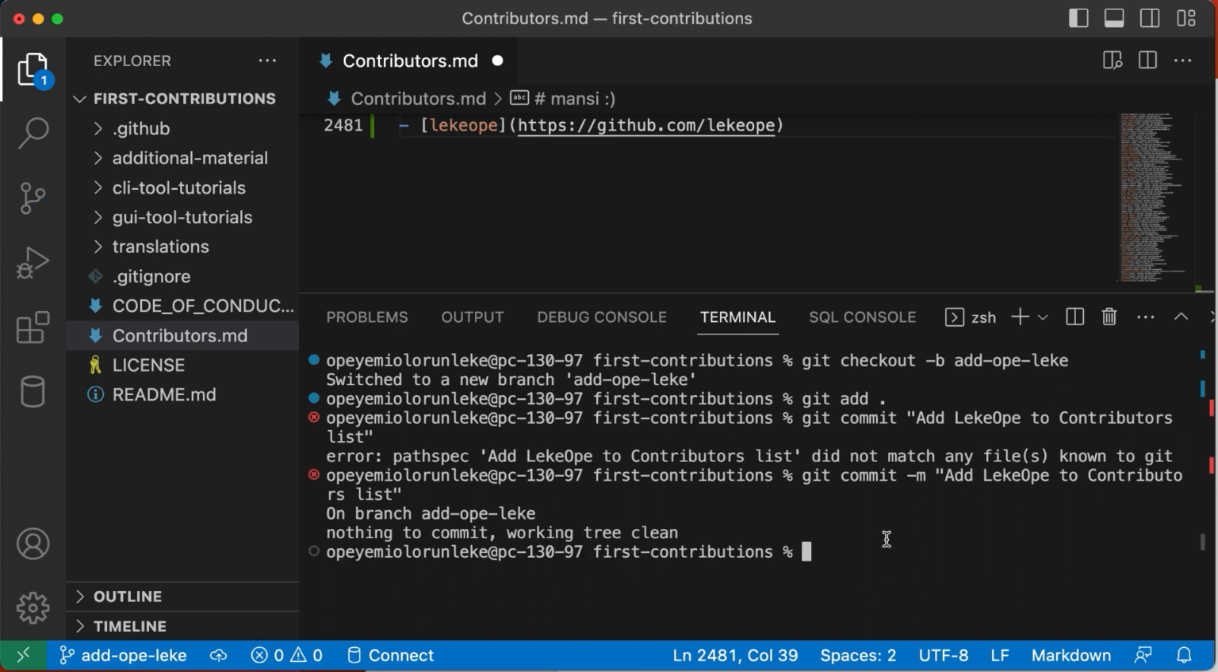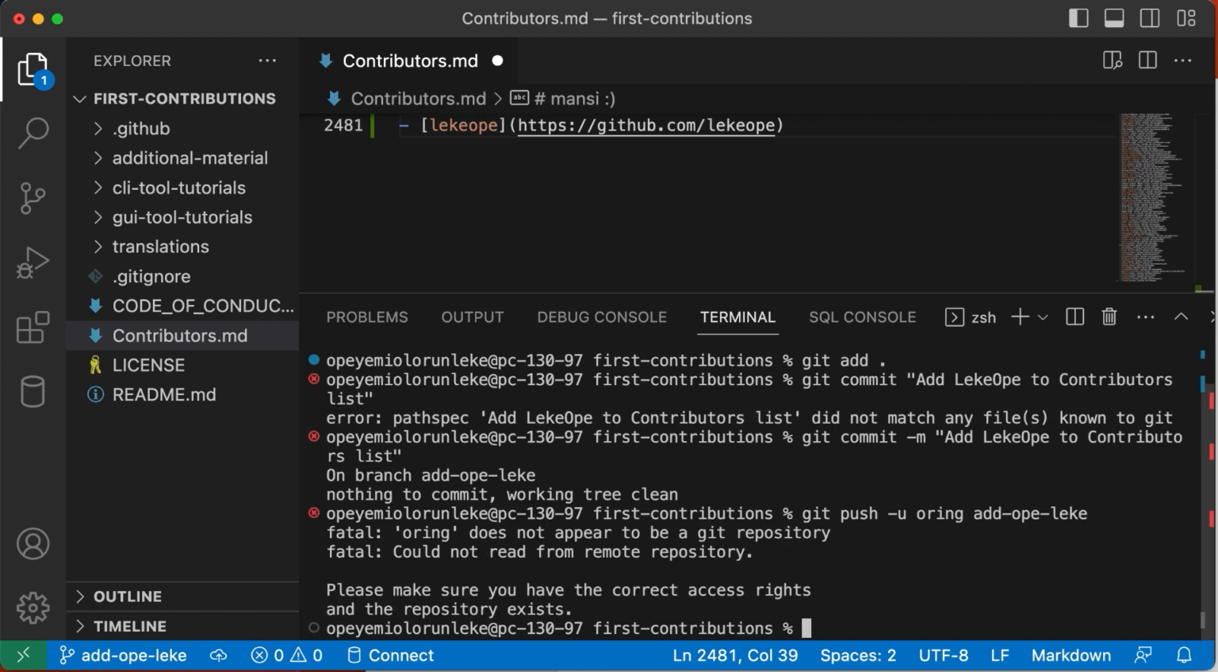Right, so everything is done. Then I git push -u origin and the branch name. Okay. Oh, I typed that wrong. Origin or